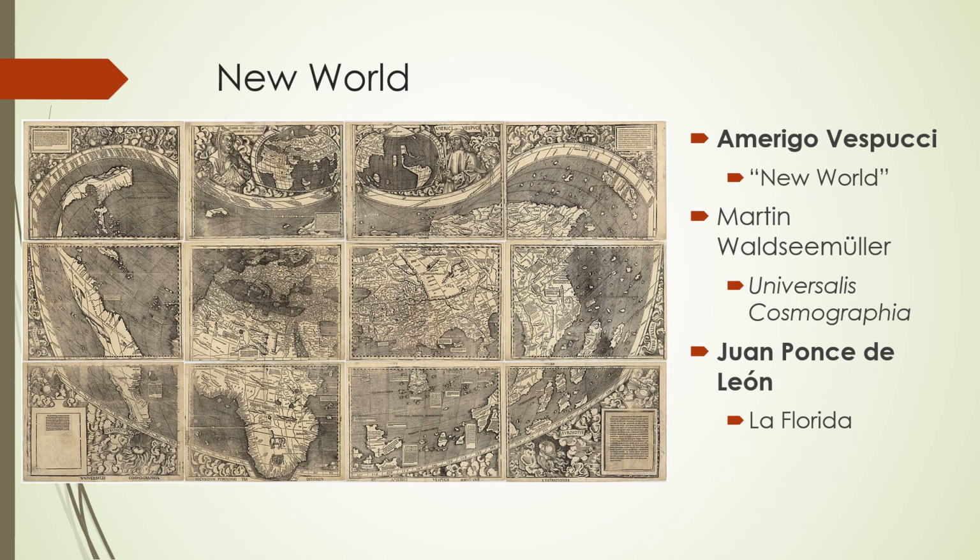However, what he actually discovered was the landmass. If we're using the Bahamas as a starting point, it's not that far from Florida, but it's not clear that it's not an island until you try to get to the other end of it. And so Juan Ponce de Leon discovers that, hey, this is not just an island, this is a landmass. And so when we say La Florida, what we're really talking about is North America, or at least the southeast. Think of everything from Virginia, maybe over to Texas, that whole area there,